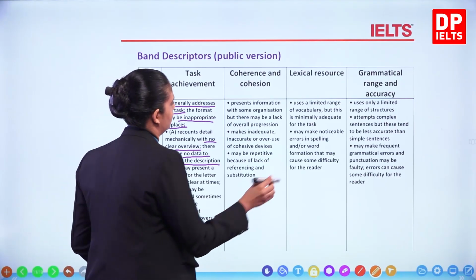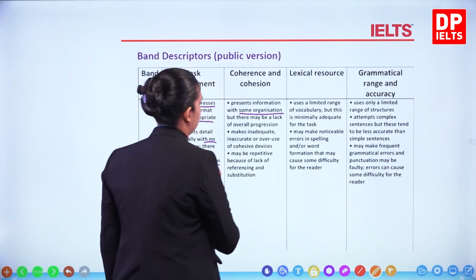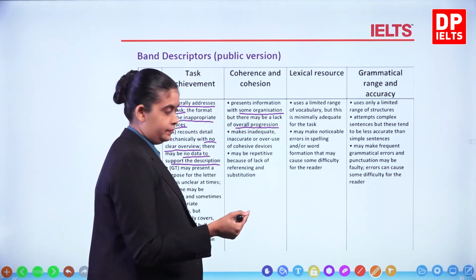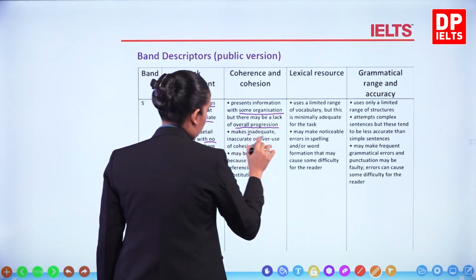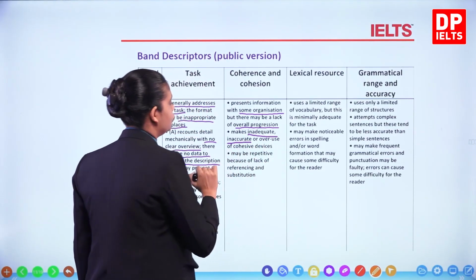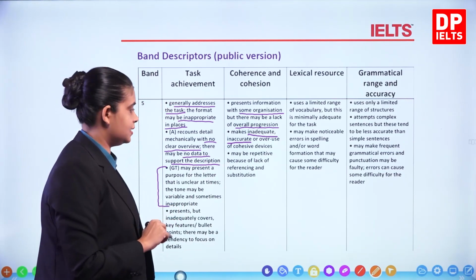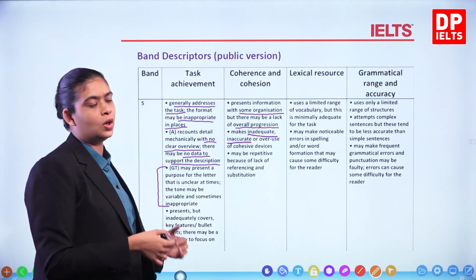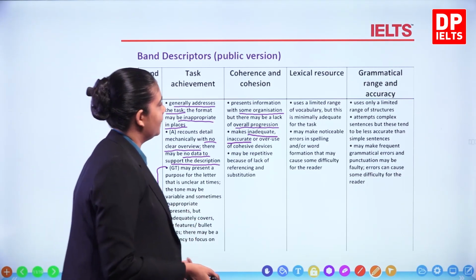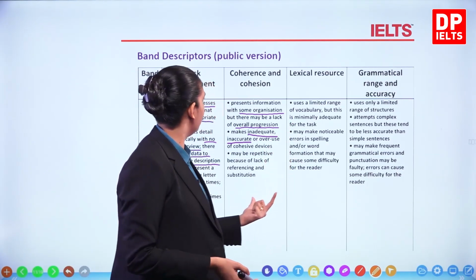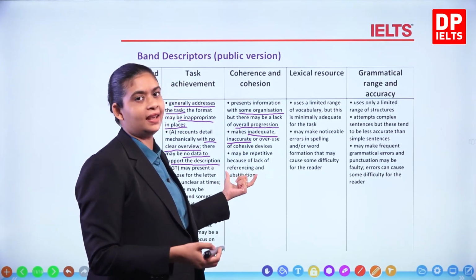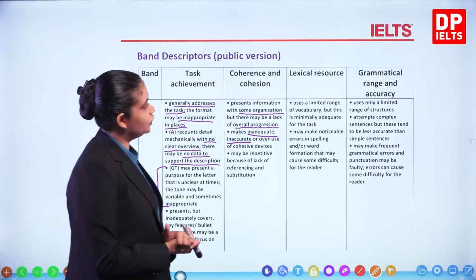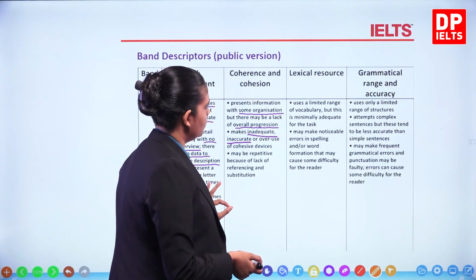Coherence and cohesion, again, some organization is there, but poor overall progression. You make inadequate or inaccurate use of cohesive devices, right? And basically your referencing and all is poor, right? When it comes to LR, okay, poor means you lack it, not bad, but you lack it. Right, when we have a look at the lexical resource, right,